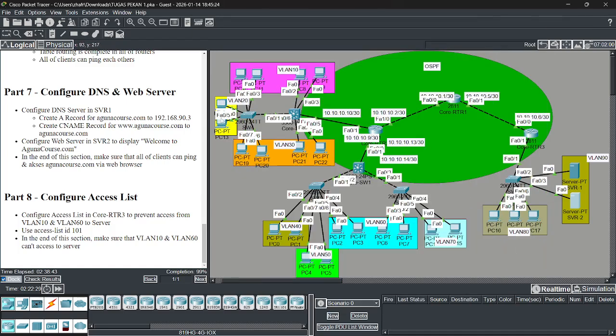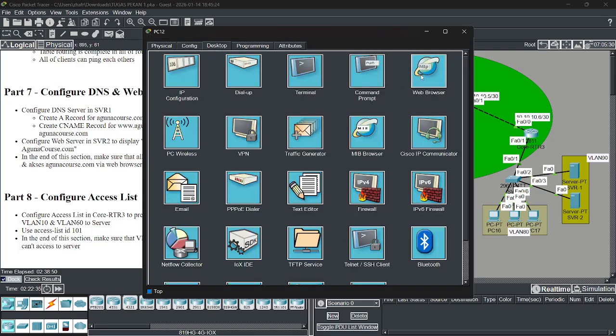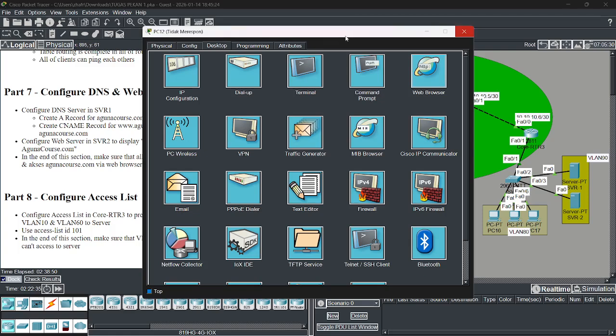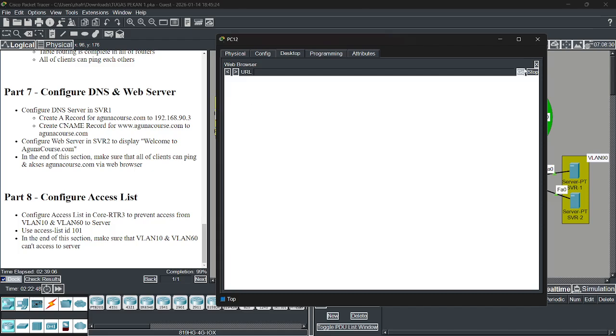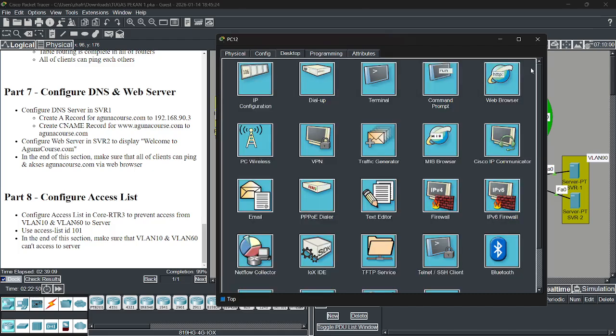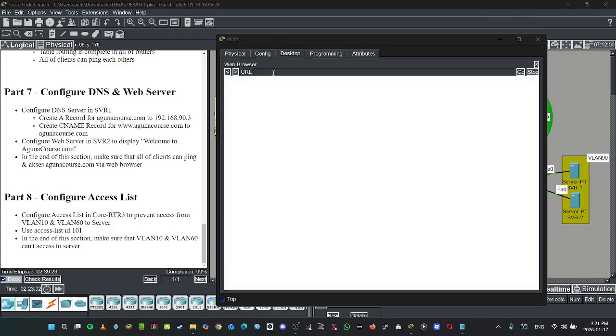Okay, we check it from the VLAN training PC web browser.